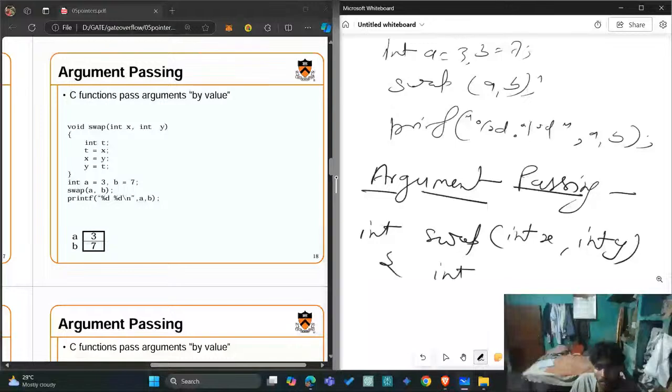We define an integer temporary variable t, and what we will do is put the value of x in t. So t is x, and we put the value of y in x, and then